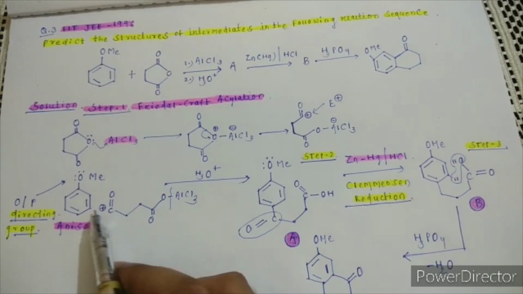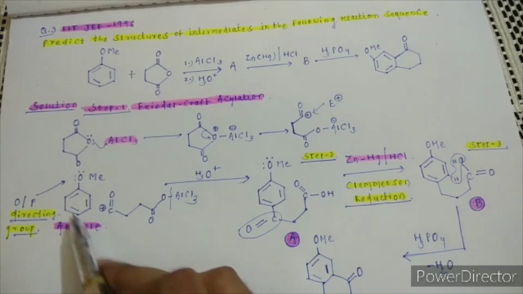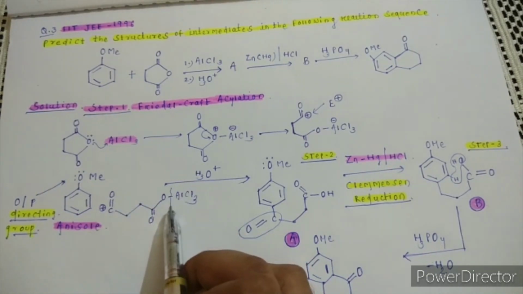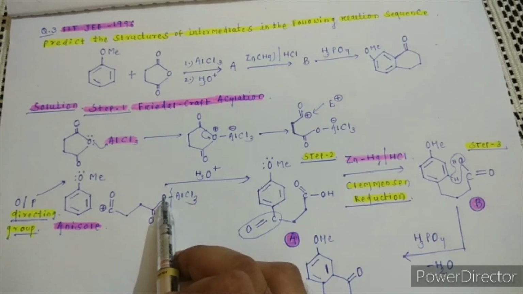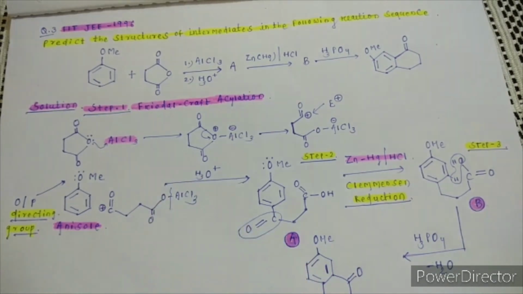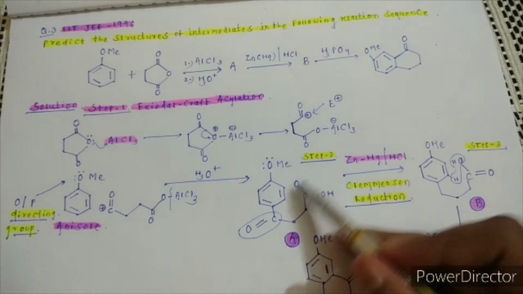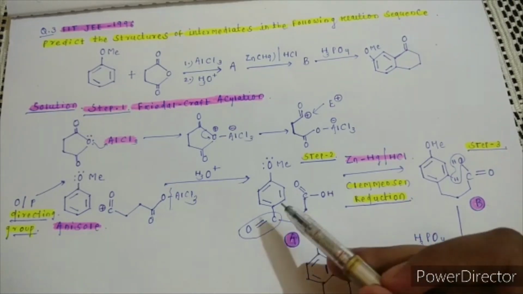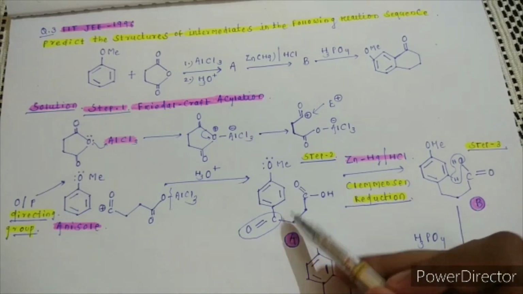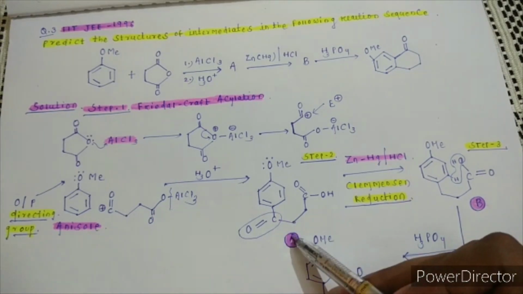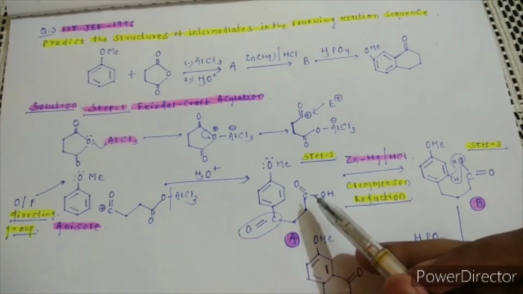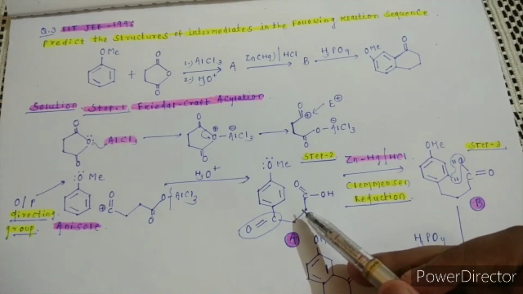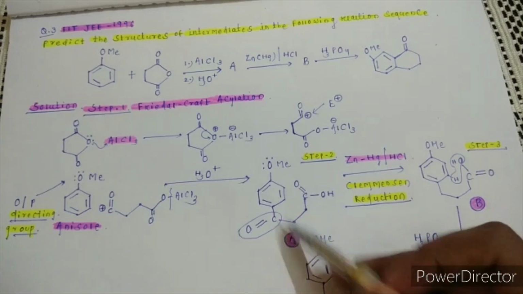Hence, this carbon will join with the para position of this anisole compound. When you do hydrolysis, there will be cleavage of this bond, and this COO group after hydrolysis will convert into an acid group. Then you will get this compound. You look, right now it has changed into a COOH group, and here one carbonyl group is present. So this compound is A. The first step of the reaction is over. The first step is the Friedel-Crafts acylation reaction, meaning the acyl group is substituted at the para position, and then we get this compound.